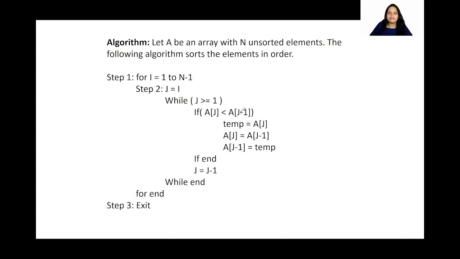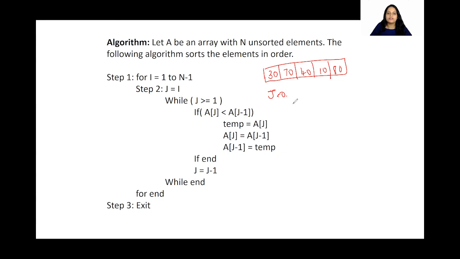Okay. So let me draw this again. The array. So the initial values were 70. Now we have moved 70, 30, 40, 10, 80. Okay, we have swapped it. Now, if this one ends and we do j is equal to j minus 1, j is going to become j minus 1. So what is our j value? J value is nothing but 1. So it is going to become 0. Okay, and then we are going back to our while loop.